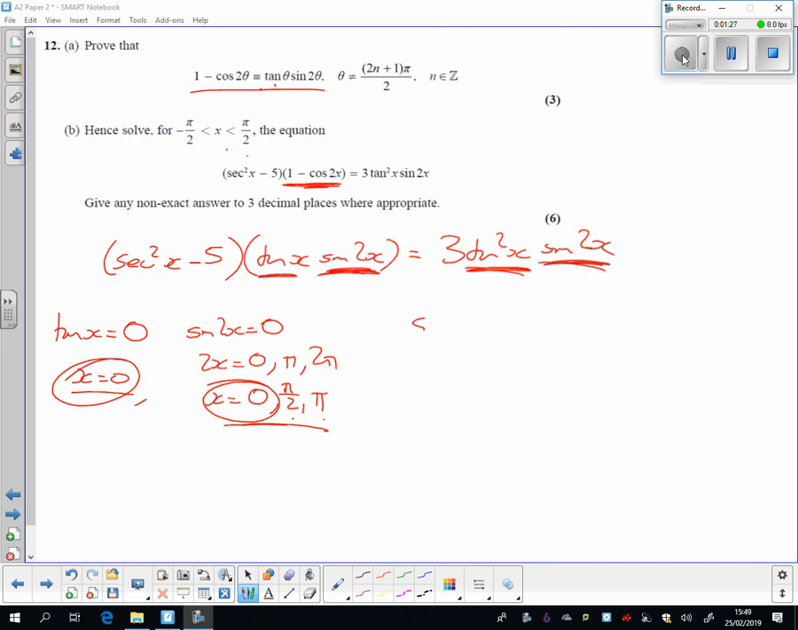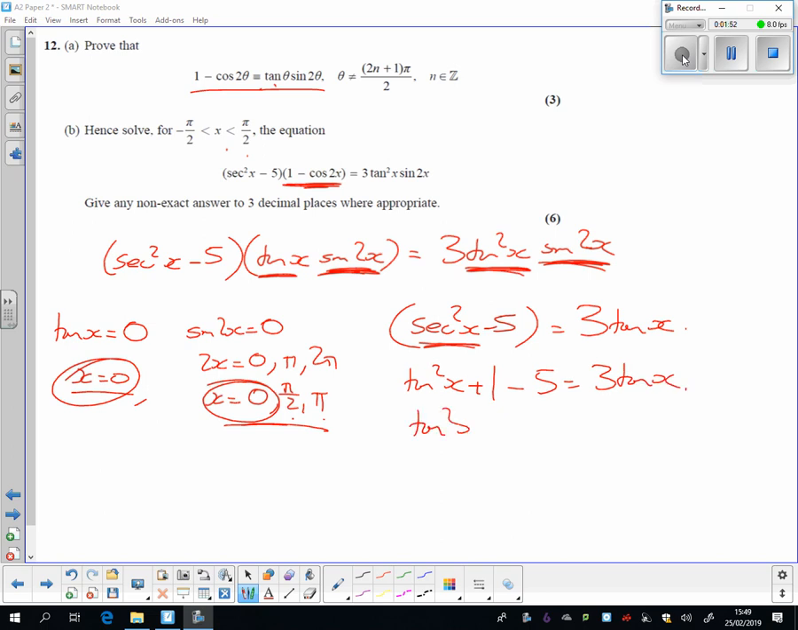So what are we left with then? Once we've done that dividing, I've got sec squared x minus 5. That's all that's left on that side now, and that now equals 3 tan x. So we've got a sec squared to deal with, haven't we? Well, sec squared is the same as tan squared x plus 1. And so if we drag all the tans over to one side, equals 0. We'll solve that on the calculator to give us that tan x is equal to minus 4, or